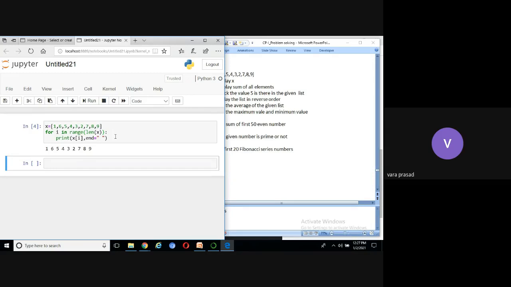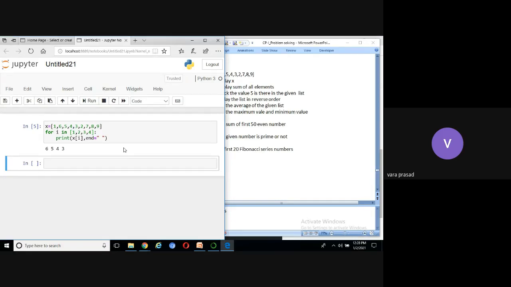In previous method, directly we can take the list. Okay. Here also we can take another example here. Instead of taking the variable here, directly we can take the list also here. How to take the list? 1, 2, 3, 4. Now run the code. You can see the output. The output is 1, 2, 3, 4.